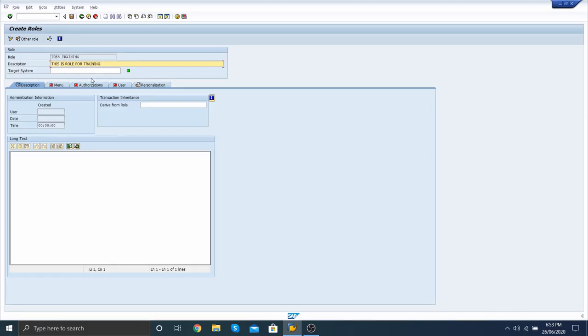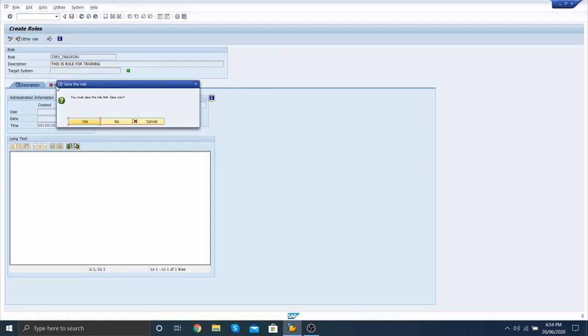You can set the description according to your requirement: training role, development role, production role, banking purpose role, development purpose role, anything you can select. Here you must save the role first. Save changes. Yes, save.